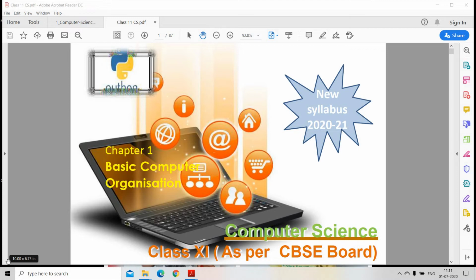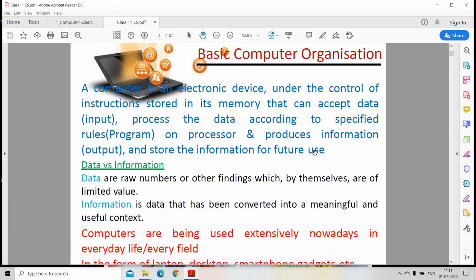So today we will start with chapter 1, that is basic computer organization. Before we start with basic computer organization, we should know about computer. What is computer? A computer is an electronic device which is used to perform arithmetic as well as logical